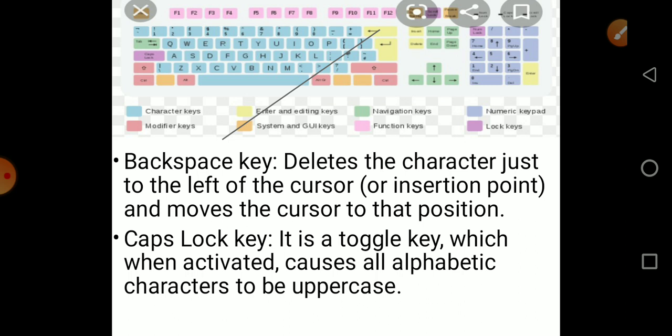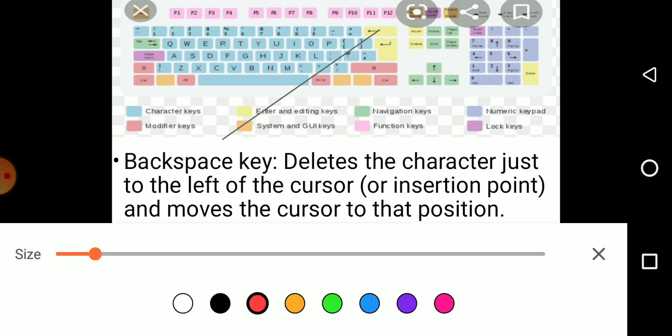And the next is the backspace key. You know very well, backspace key deletes the character just to the left of the cursor. Suppose you have typed wrongly and you wanted to delete some text, you can delete it using the backspace key. It just deletes the character to the left of the cursor. Remember this point, children?